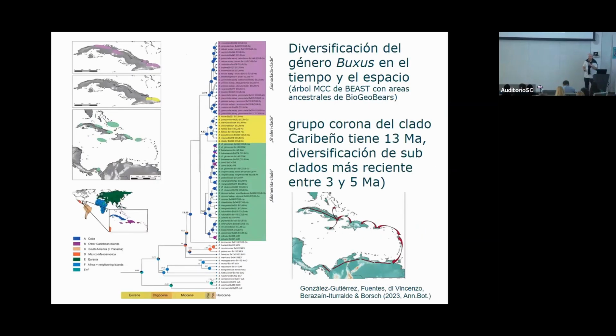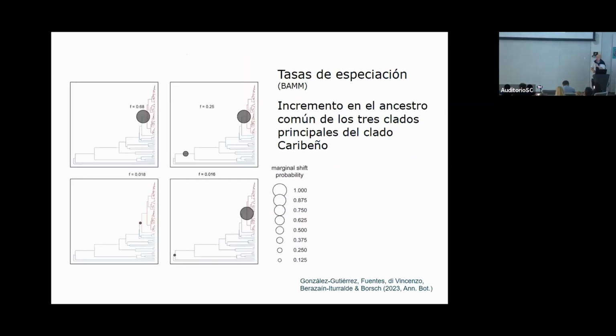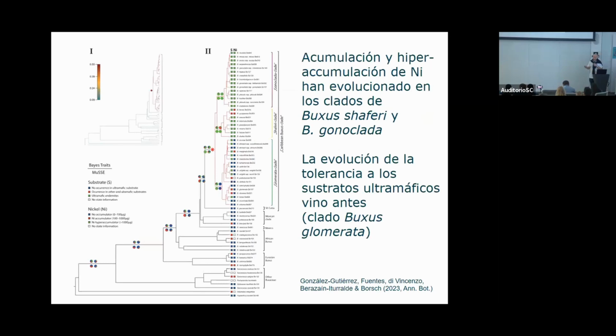And I think what is also interesting, that's just some idea. We have been reconstructing the same way, and it turned out that Cuba really was sort of the hub for species diversification, and apparently it went from Cuba to colonize other islands. So the question is also what fuels speciation. This is what statistical analysis one can do, and one of the issues is really accumulation of nickel. So we have been looking at this.